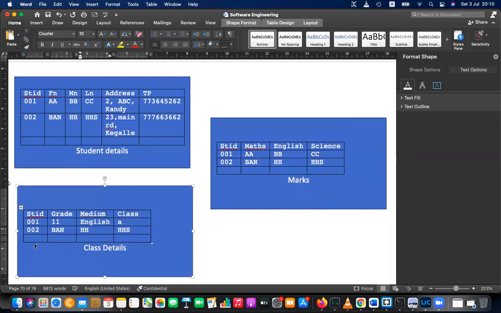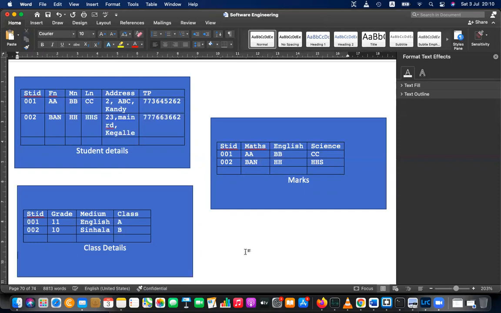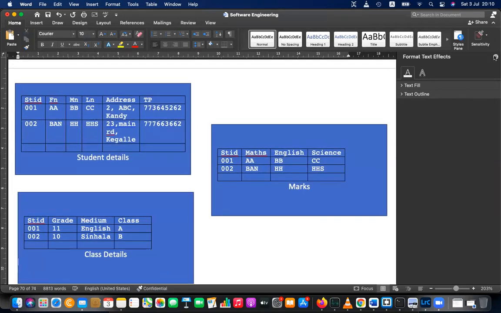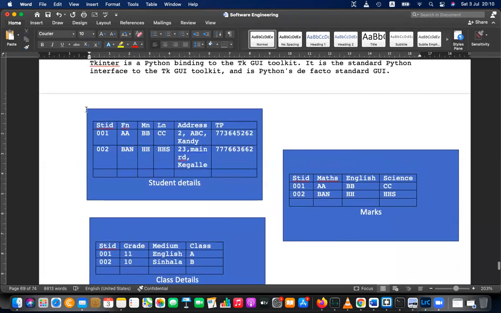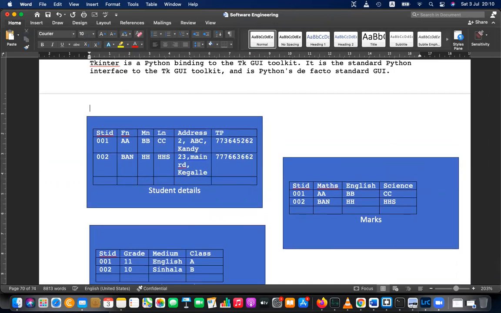And student 2 is in grade 10 and the medium is Sinhala medium and the class is, let's say, 10B. This is 11A, 10B. Likewise, class details. Okay, so this is the traditional organization of files.